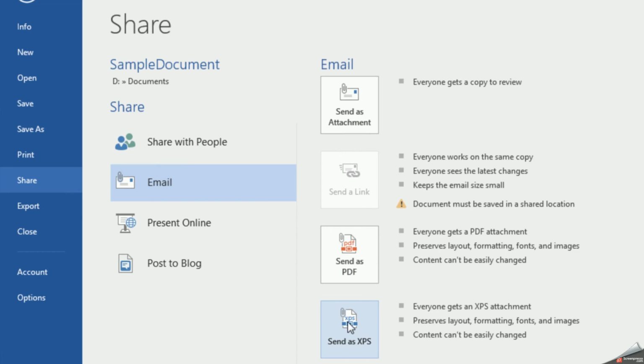These options will be available only when you configure Microsoft Outlook software as your default emailing client. We will have a separate class someday for that, where I will teach you how to set Microsoft Outlook as the default emailing client for your computer.